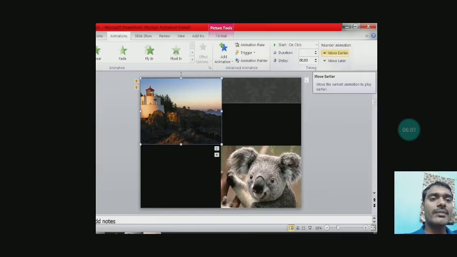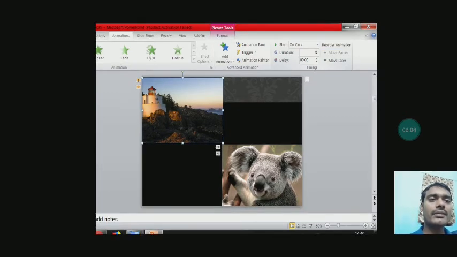When you click on the move earlier button, the earlier sequence which we created will be restored. The same thing will happen: animation effects 1 and 2 will come to this place and animations 3 and 4 will come to this place. Okay, so by using the move earlier and move later buttons, you can change the sequence